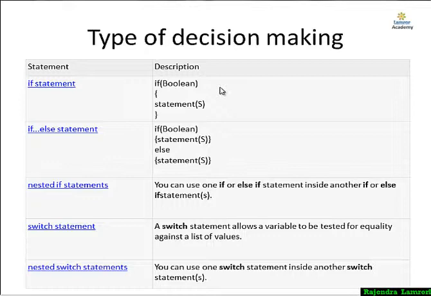If you have 2 cases, if the condition is true then run this part, and if the condition is false then run this part, then we use the if else statement. Sometimes we need to run nested if else. If the condition is true, then you make another condition. If this condition is also true, then make another condition. One if inside another if, and another inside another if. So this process goes on continuously. That process is called a nested if else, meaning using many if and else, one inside another.